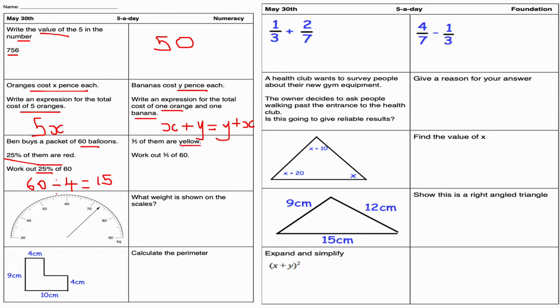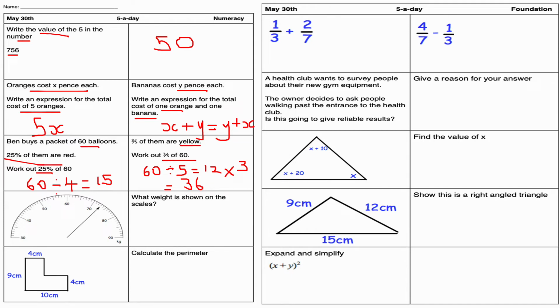3/5 of them are yellow. Work out 3/5 of 60. So it's a fraction of an amount. I divide by the bottom and times by the top. So divide by the denominator, times by the numerator. 60 divided by 5 is 12. 12 times 3 is equal to 36, because 12 works out 1/5, but I want 3/5, so it's 12 add 12 add 12, or 12 times 3, which is 36, guys,